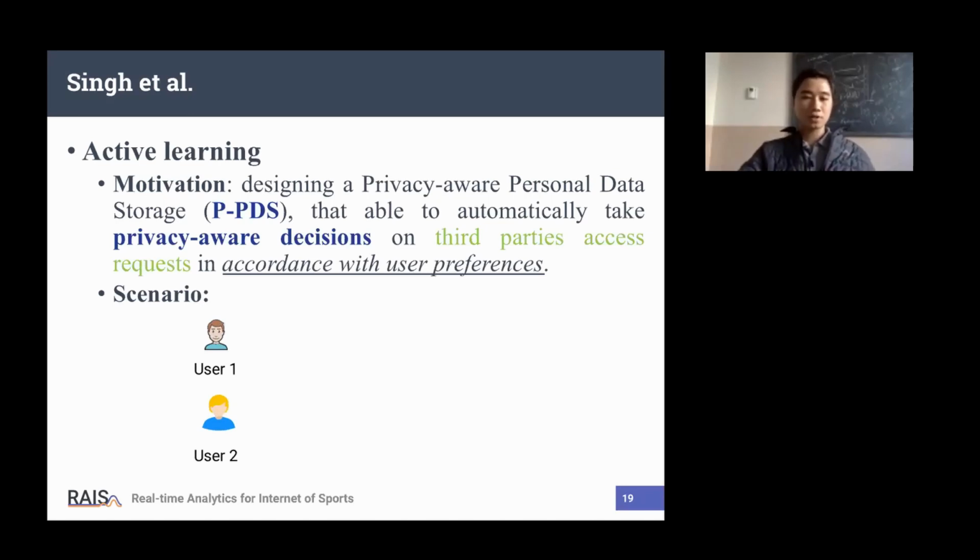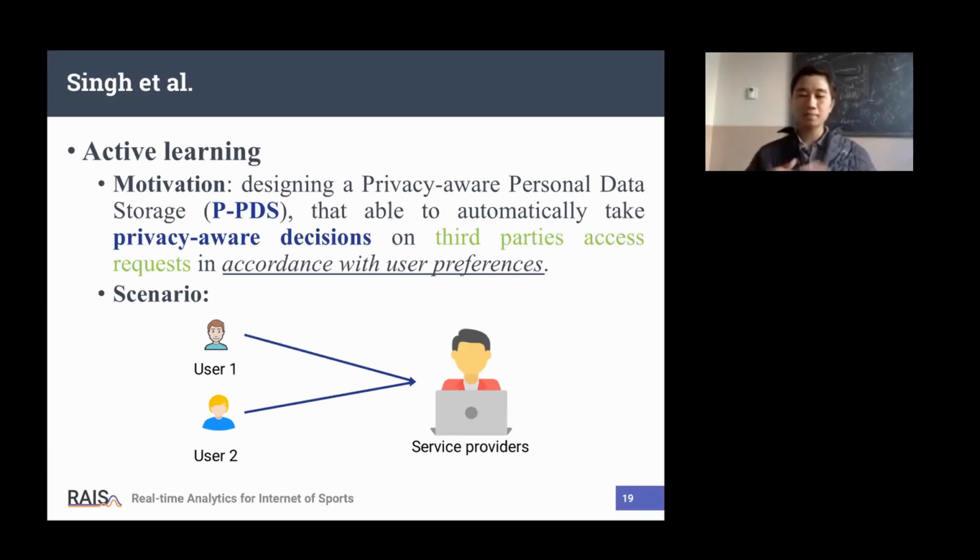We have two users, 1 and 2, and one service provider. Both of them want to use the service from the service provider, and the service provider requires the location info for both of them. User one did not agree.